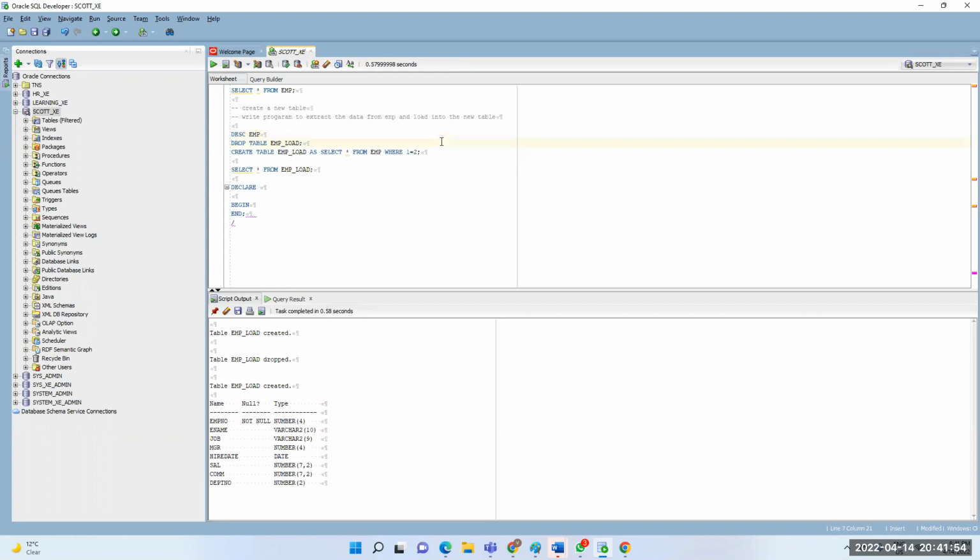Now if you want to increase that length, alter table EMP modify column name, ename, char.